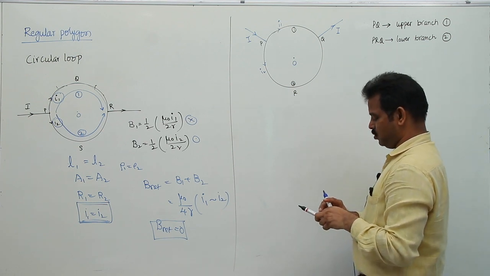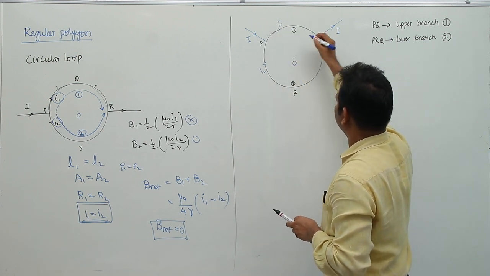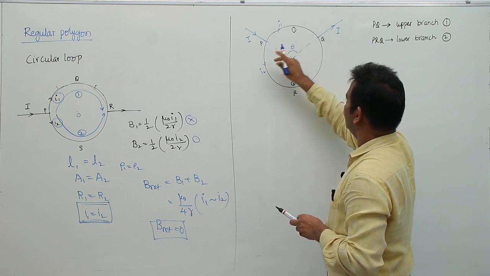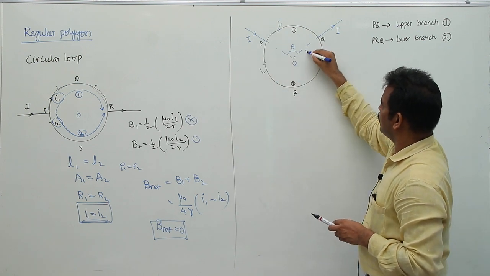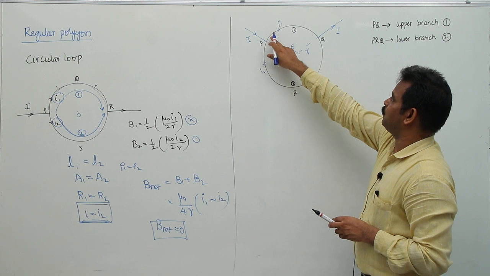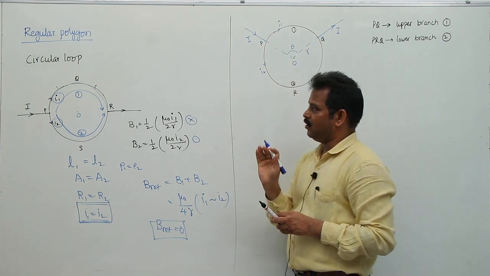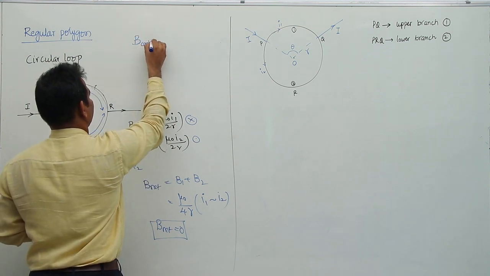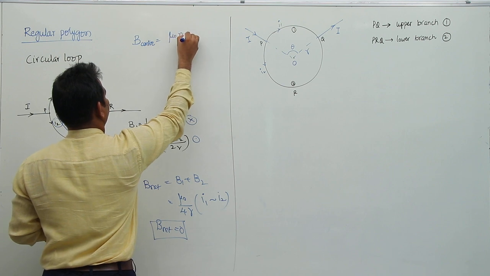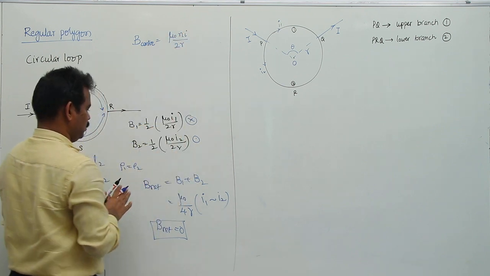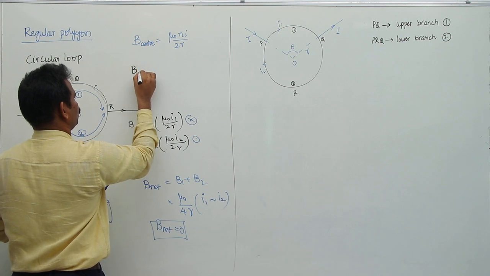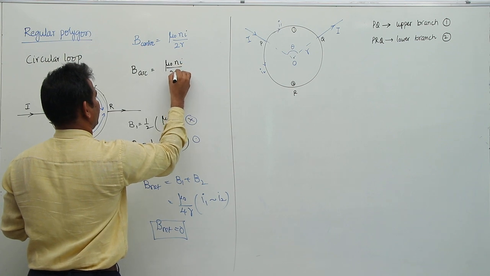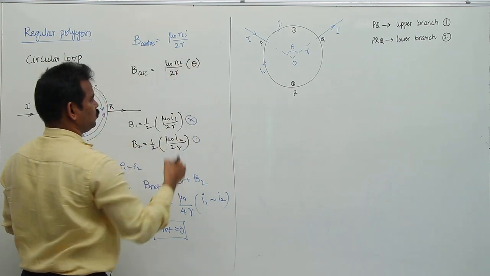Now here, what I am going to write. The length between P and Q can be obtained by drawing a diagram here and extending this one. This is the radius, which I am denoting with R. So what is the magnetic field due to this current at this point? For a complete circular loop, the magnetic field at the center is given by mu naught Ni by 2R. So what is the magnetic field due to an arc? Due to an arc, it is mu naught Ni by 2r into theta.